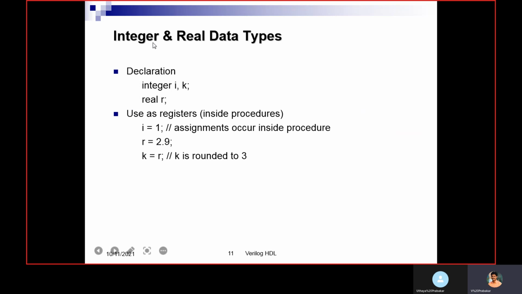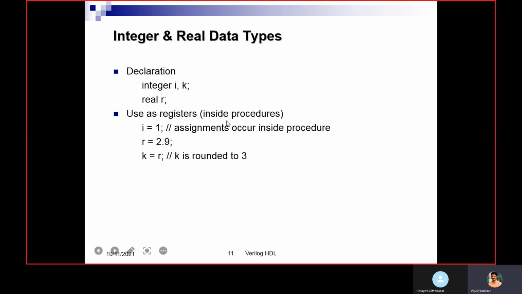Then integer, real data types. You can declare a variable as integer, which is 32-bit. And real is 64-bit.